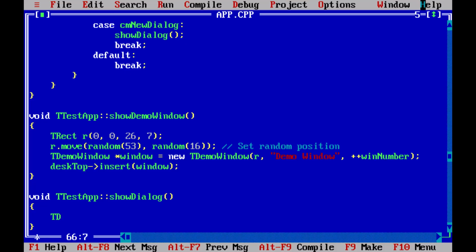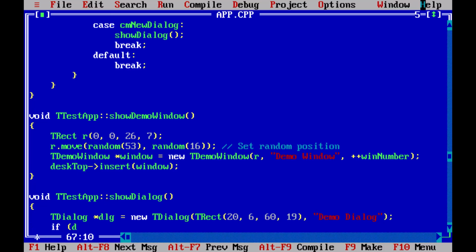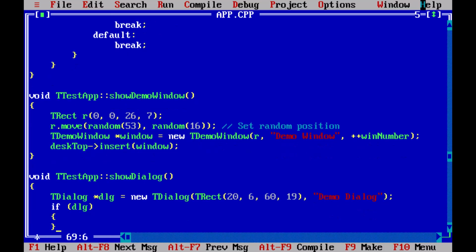So create a dialog, new TDialog, create a rectangle, comma 6, comma 60, comma 19, and we'll give it a title, Demo Dialog. And if the dialog was not null,